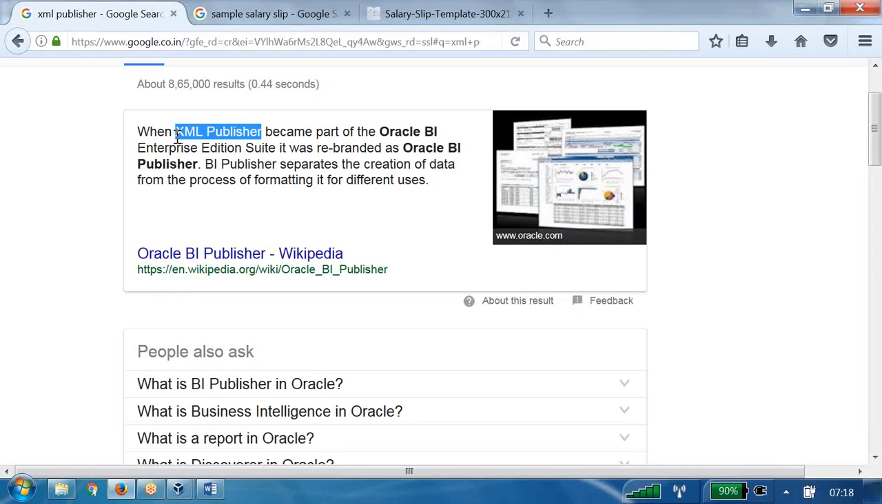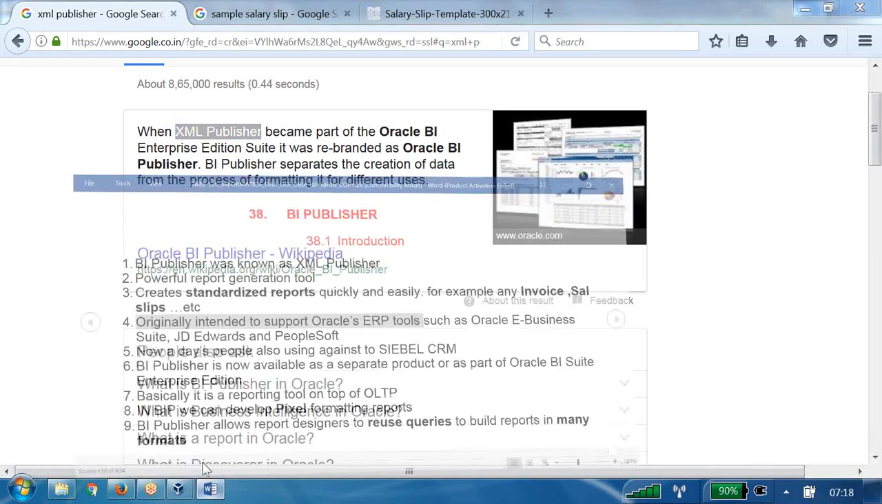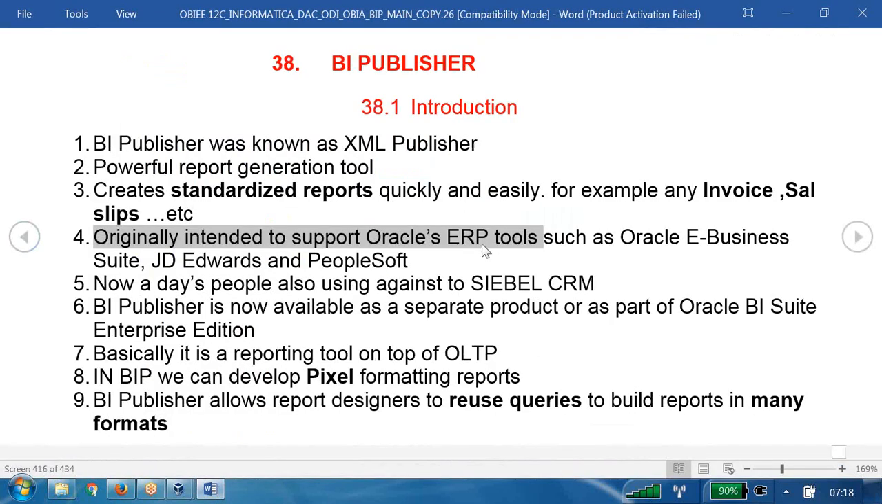The installation of Oracle Apps today, even if you install it, XML Publisher is going to give the same title. XML Publisher was initially developed to build reports from ERP tools such as Oracle EBS, JD Edwards and PeopleSoft. Later, nowadays people also use it against Siebel CRM. What you need to notice is that Siebel, EBS, JD Edwards and PeopleSoft are all OLTP